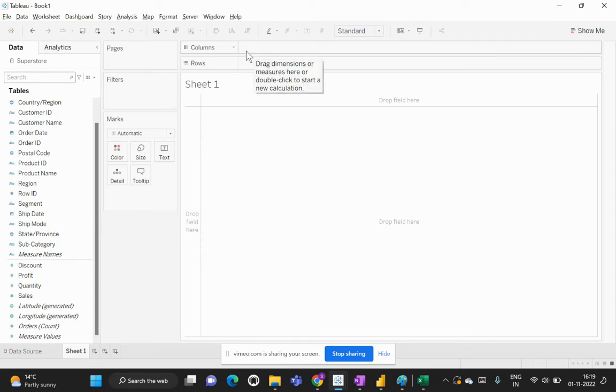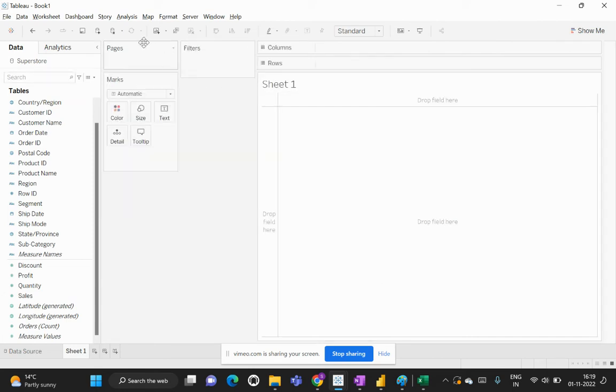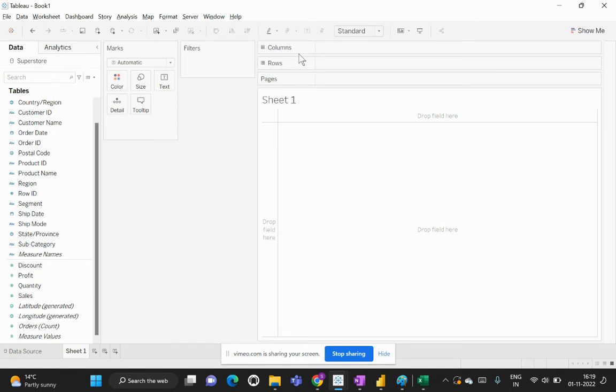Shelves, so different shelves. In Tableau we have mainly the row shelf, column shelf, pages shelf, and filter shelf. These are the four different shelves that we have in Tableau. Now in case these shelves have, for example, been mistakenly placed in different orders, not in the default order,